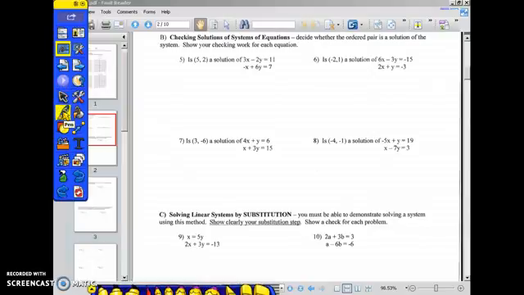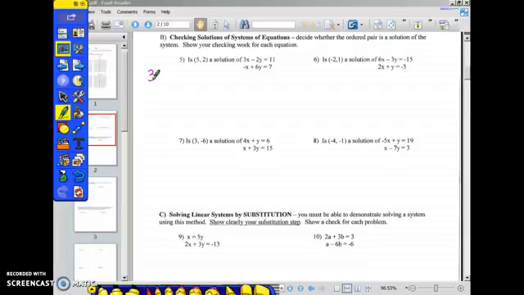All right, number 5, checking solutions of systems of equations. Decide whether the ordered pair is a solution of the system. For 5 through 8, you do not have to graph these. All you have to do is plug in x and y for your x and y and see if you get a true statement. So we have